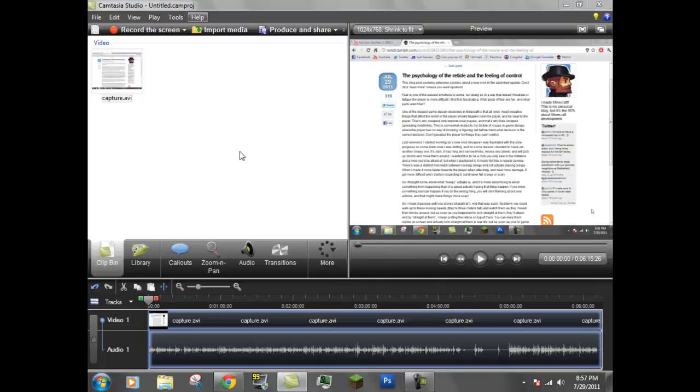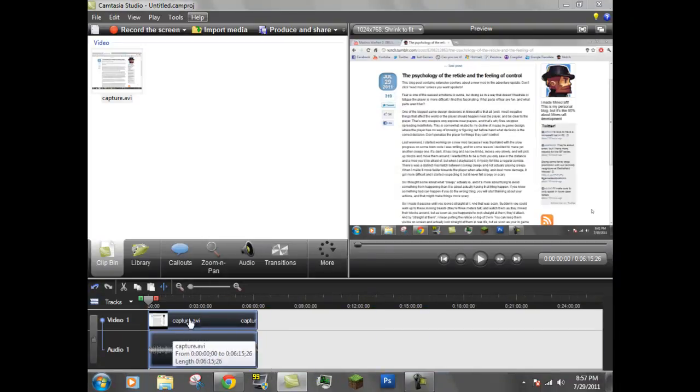Like if you want it to be specifically for iPhone or specifically for anything else, you can choose it for that specific thing. But what I do, I stick for what my monitor size is, and I just do it that way. I don't know why. It just seems to work the best because it's like a full screen thing for me. Yeah, selfish, but it's as high as the resolution that it can go. So anyway, now that you have your video down here, you want to